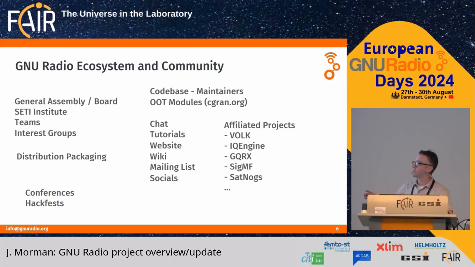The way we're structured is we have a 3-person board and a General Assembly, which is not bounded by size. The General Assembly is a group of people who meet together a couple times a month, talk about the current state of GNU Radio, help set the priorities, and also elect the board. The board is responsible for the finances of the organization, for our technical priorities, and non-technical priorities.